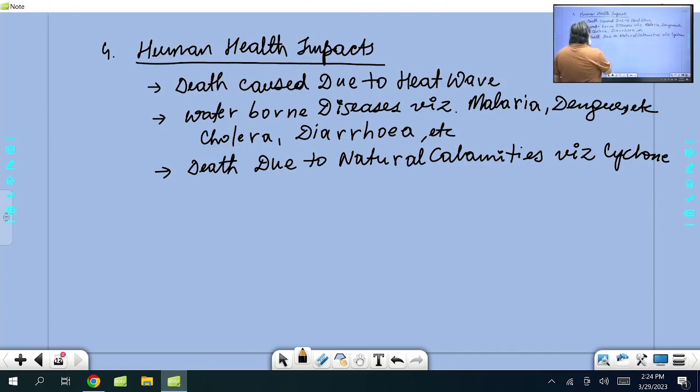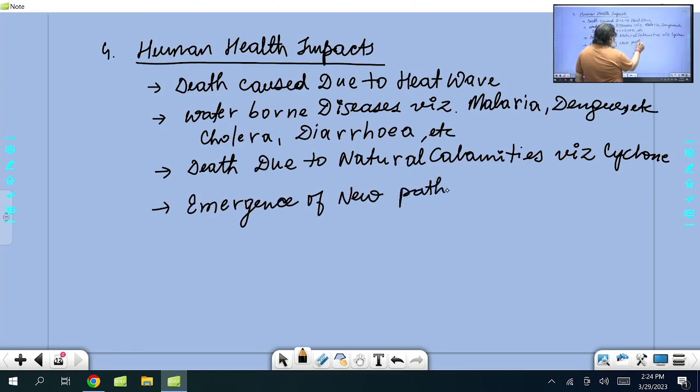Scientists are also saying that there is emergence of new disease-causing pathogens. If you see the pattern over the last 10 years, Ebola, swine flu, bird flu, right? Now COVID-19, so many viruses, so many such things are coming there. Now recently there was in the news the zombie virus, zombie.